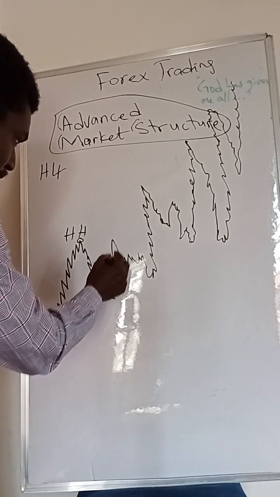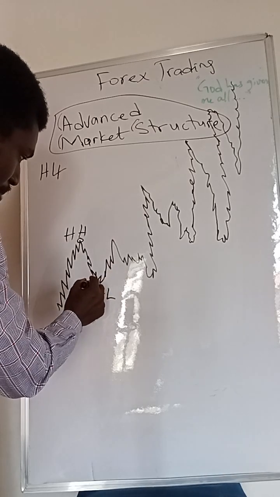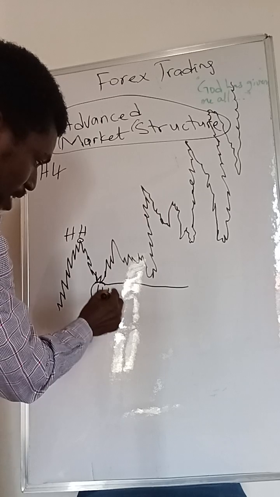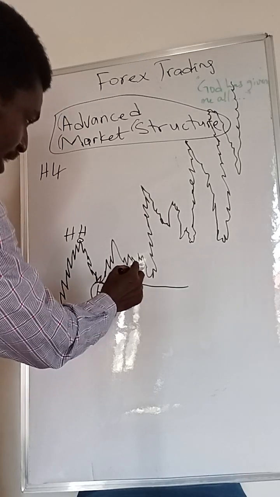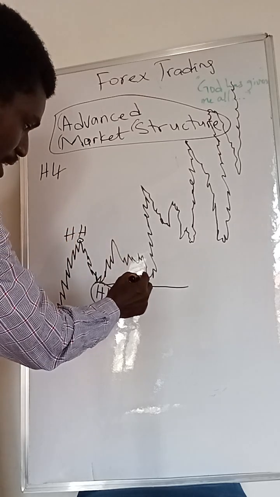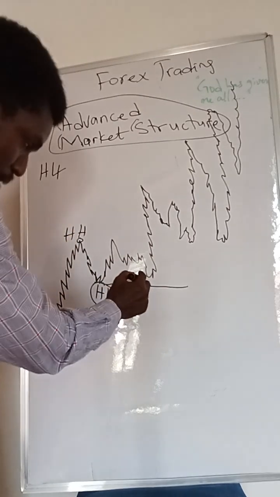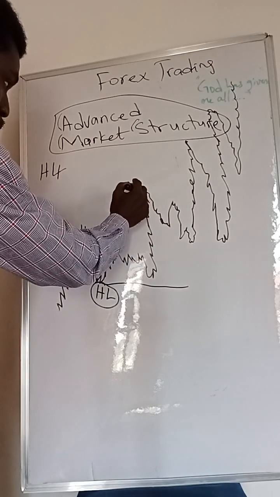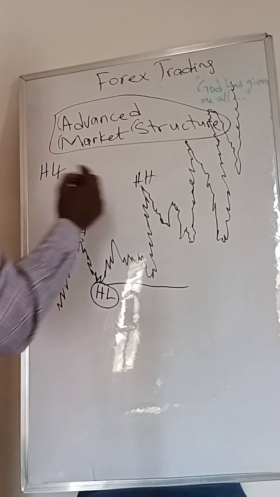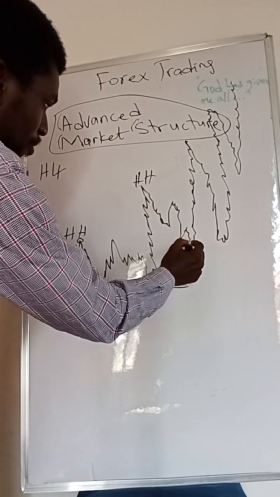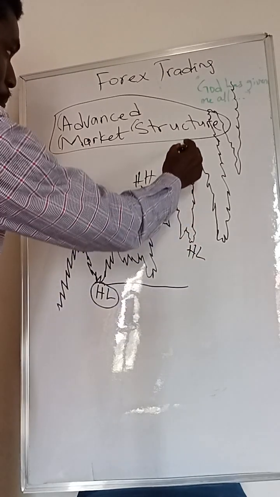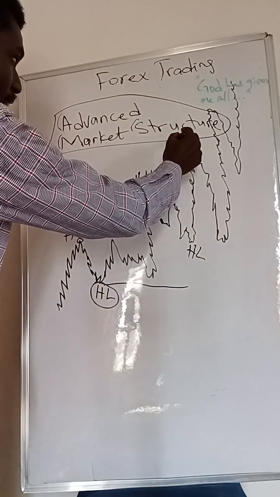Now, as long as this market has not broken the last higher low, it's still going on a buy market. So it came down here, almost breaking it, but did not break it, and went up to create a new higher high. Then it trended down to create a higher low, and went up to create a higher high,